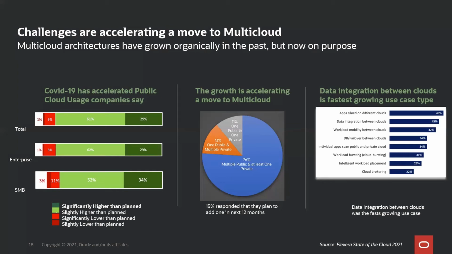You can see that 49% said, hey, we do multi-cloud, but we're only doing apps that are siloed in different clouds. That is an indicator of the past organically grown multi-cloud where different people are doing different projects in different clouds. But number 2, and the fastest growing, is data integration between clouds. So companies are really thinking through how they are moving data from one cloud to another, and where they are managing the data. We're finally at the point where companies can begin to move their most important critical workloads, such as data, into the public cloud and feel comfortable about it. So this sets the stage for the next couple of slides.